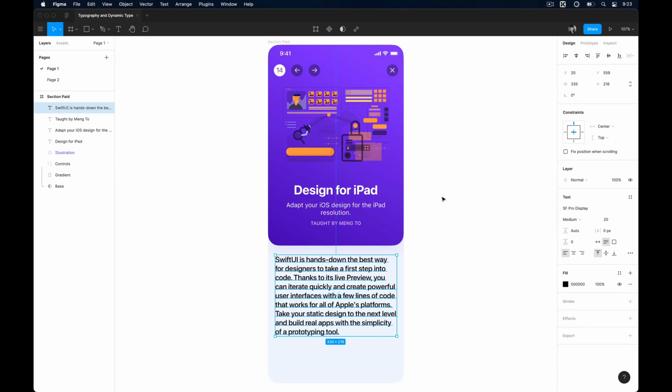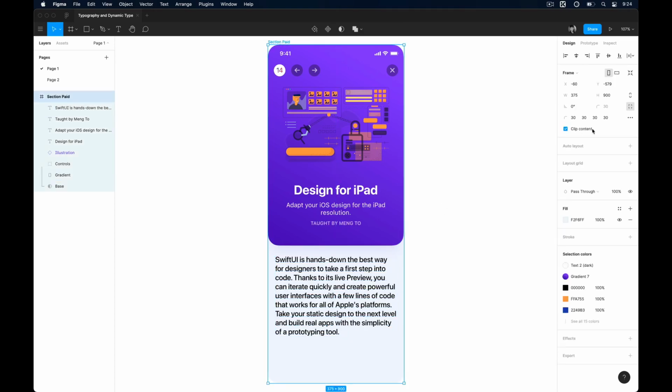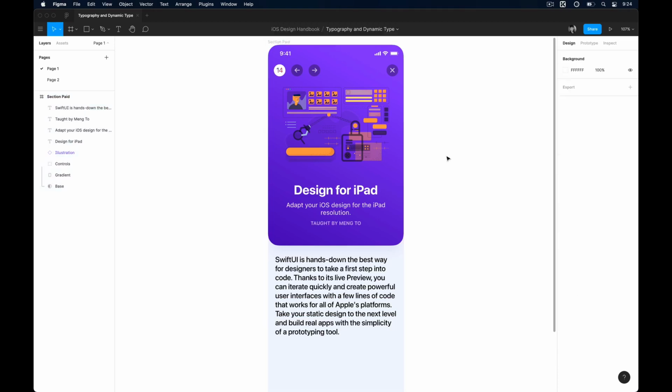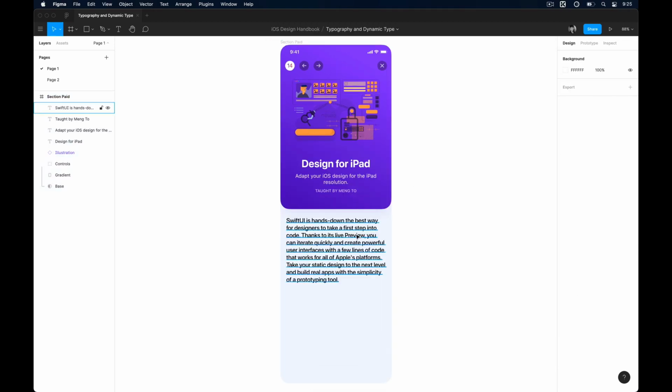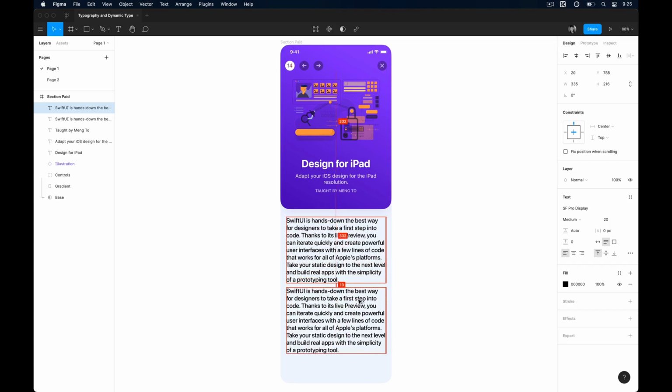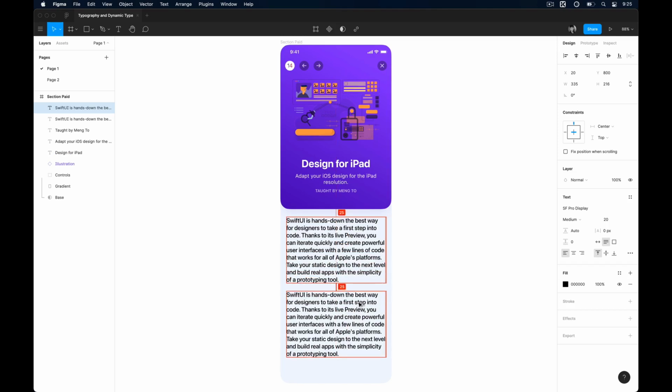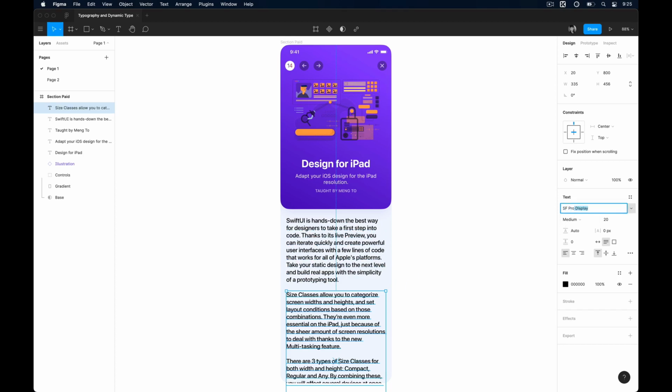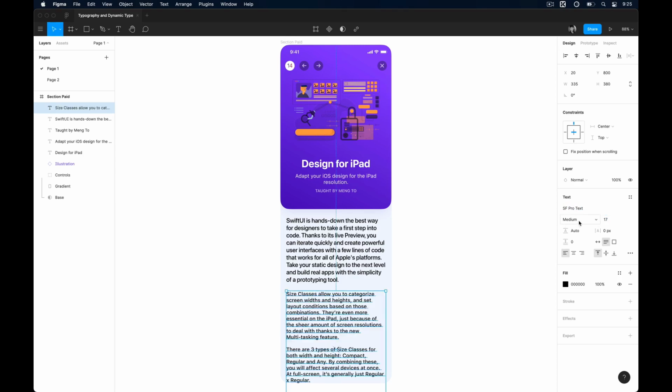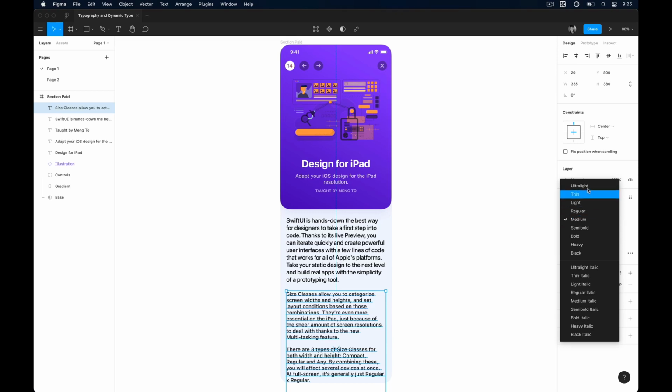Great, now let's add a paragraph, but before that I'm going to increase the frame height so that we have more room. Awesome. Now I'm going to option drag the body text holding shift to duplicate it and paste in my paragraph text. Once I have this, I'm going to change the font to SF Pro Text since we'll have our font size below 20. So I'm going to set this to 17 pixels and change the